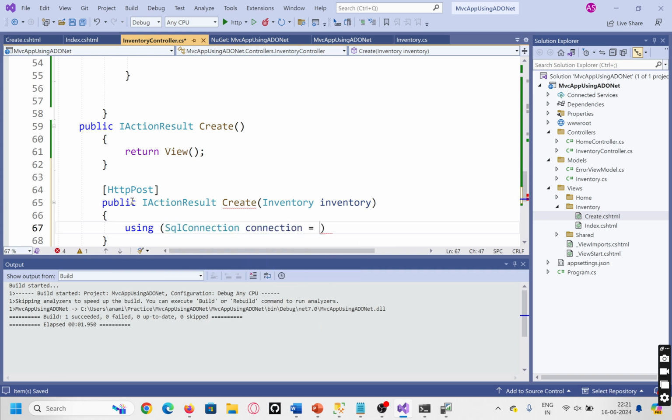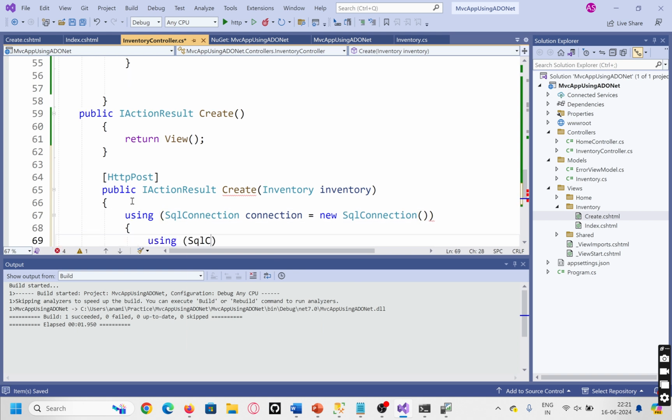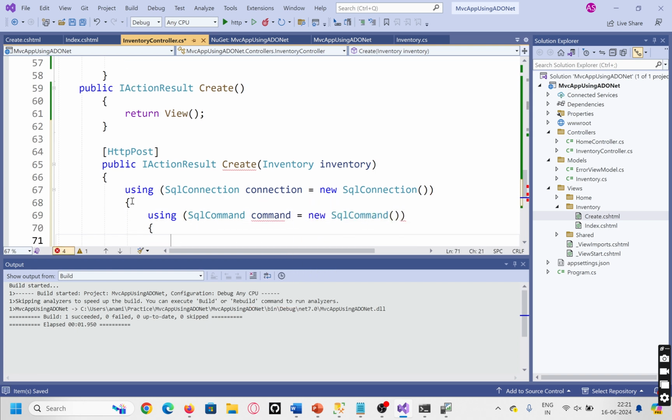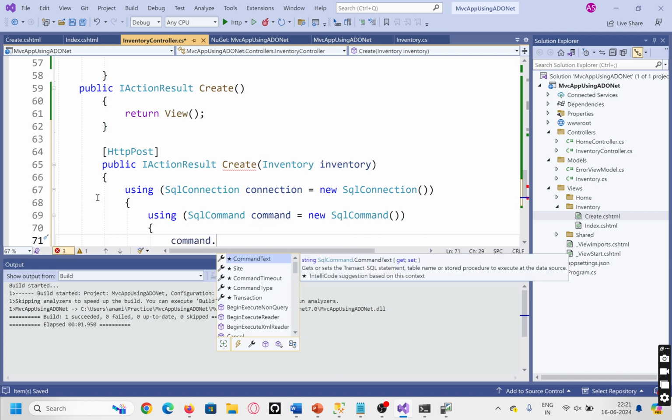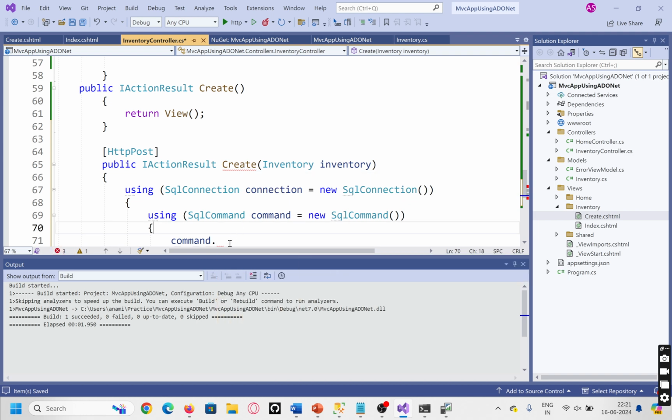Connection is equal to new connection, using SQL command, and then command dot, okay, command dot command text. Command text should be insert into table name was inventory, and we should provide the value for the, we should